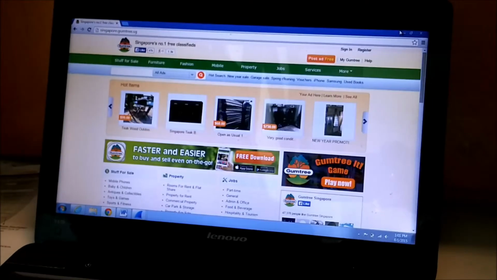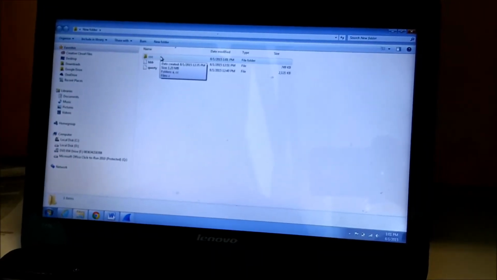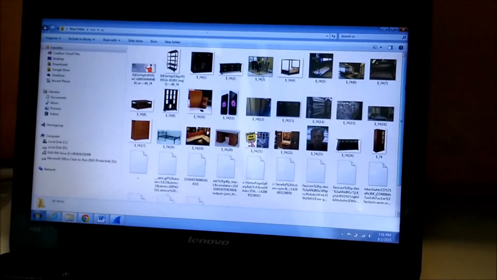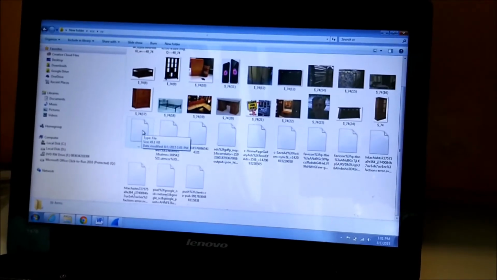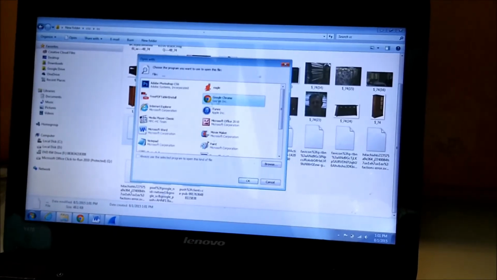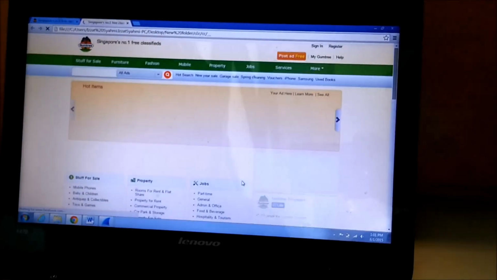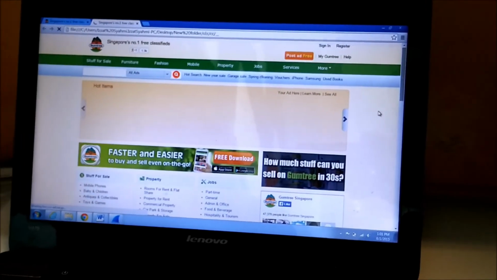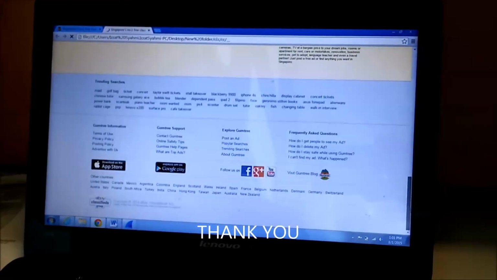We are now going to load the captured packets. As you can see, we're going to open the saved packets. The file with the underscore is actually the saved HTML file. So we're now going to open it with a browser. As you can see, we have already loaded the website which we captured just now.